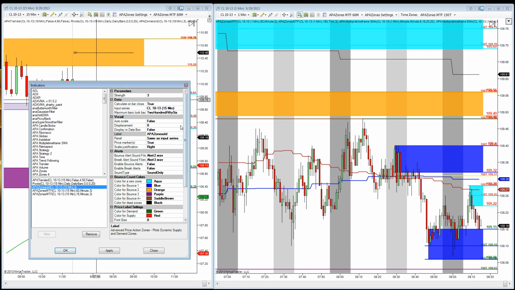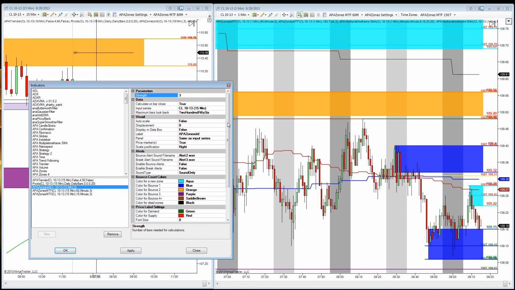And on the right-hand side of your NinjaTrader panel, and it obviously looks different for TradeStation. You may want to go over that today too. We have the strength of 3 on there, and the strength is actually a very interesting thing. What that does is it tells us how many bars are used in the calculations of the zones. And without getting too technical on everybody,